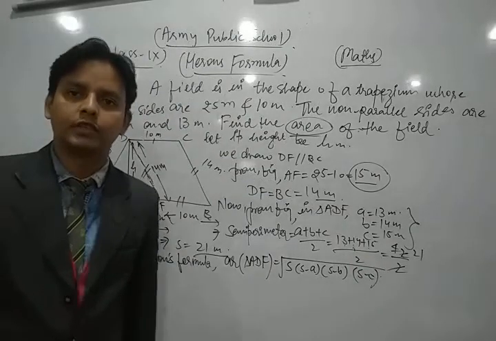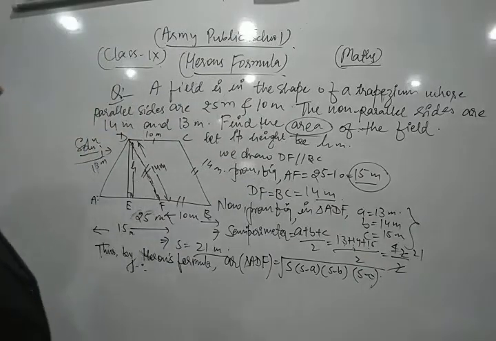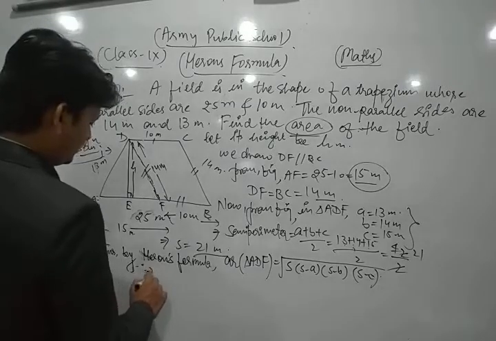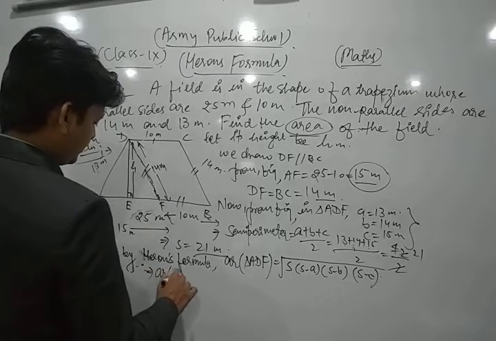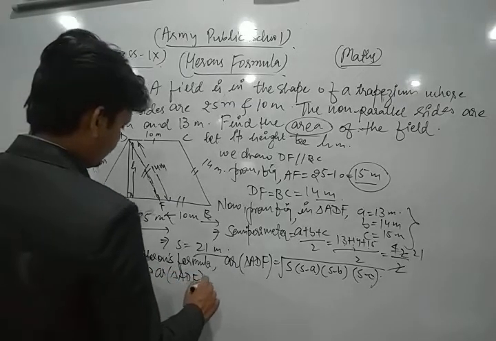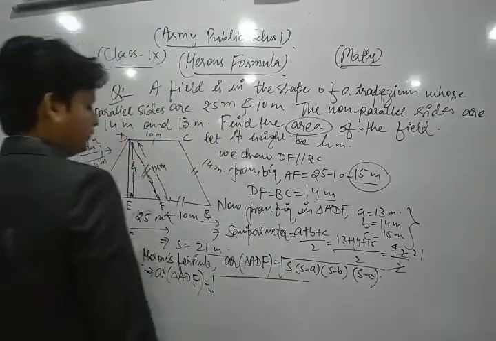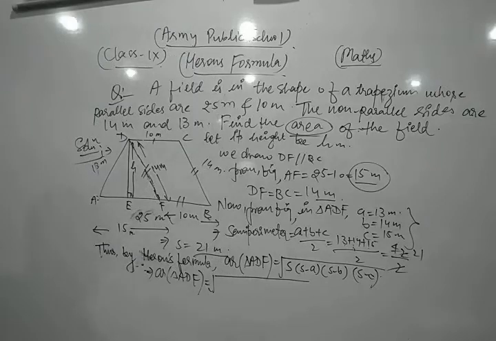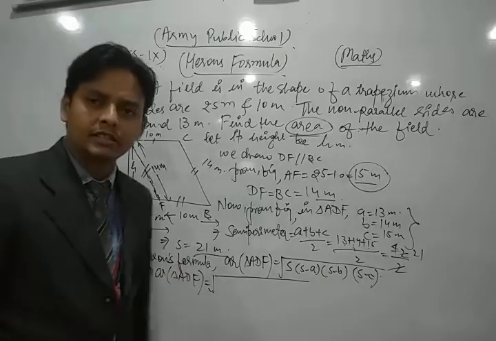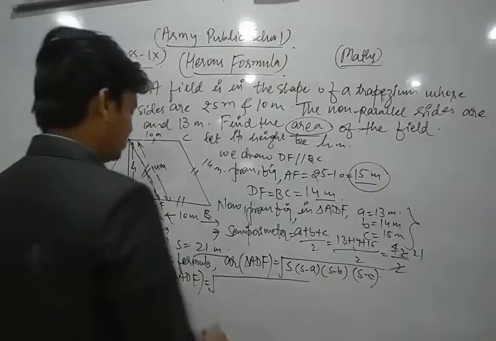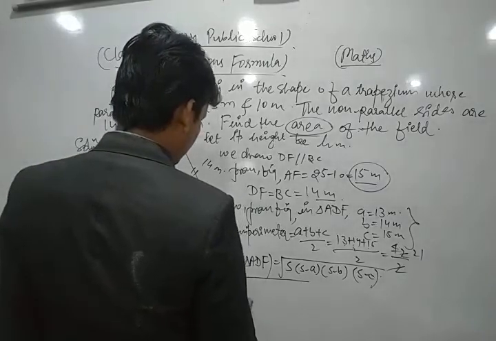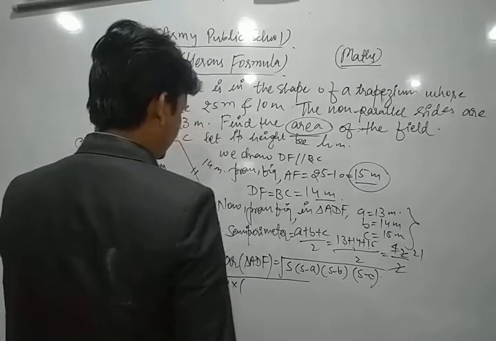First we find the area of triangle ADF. Dear student, the value of s is 21, this is the semi-perimeter. We put 21 into s minus a, that is